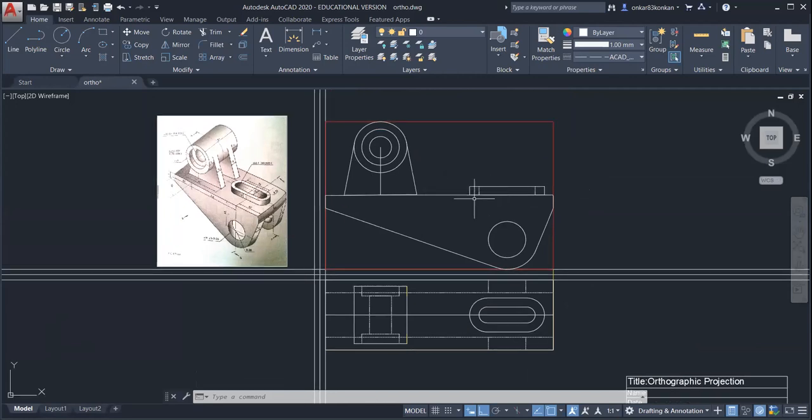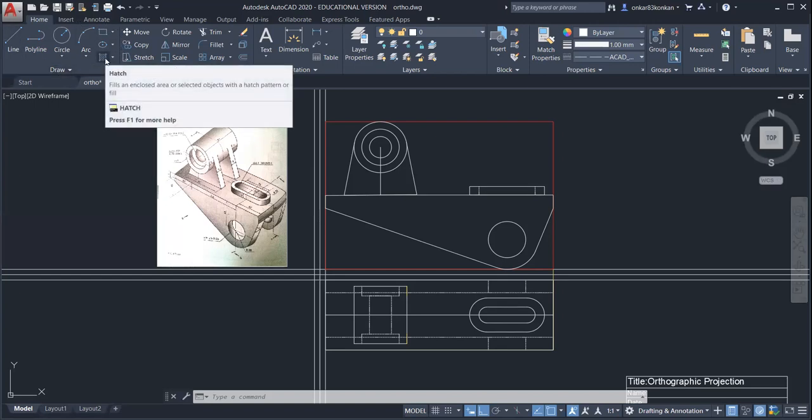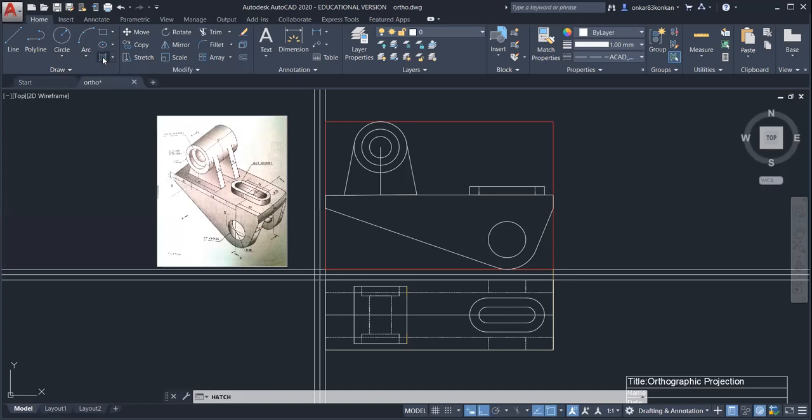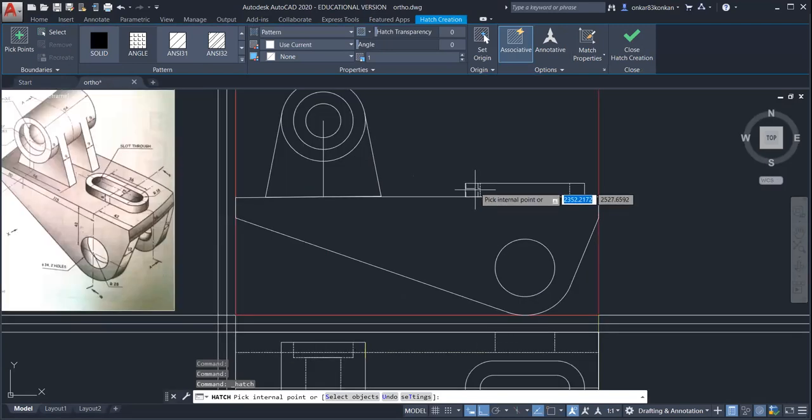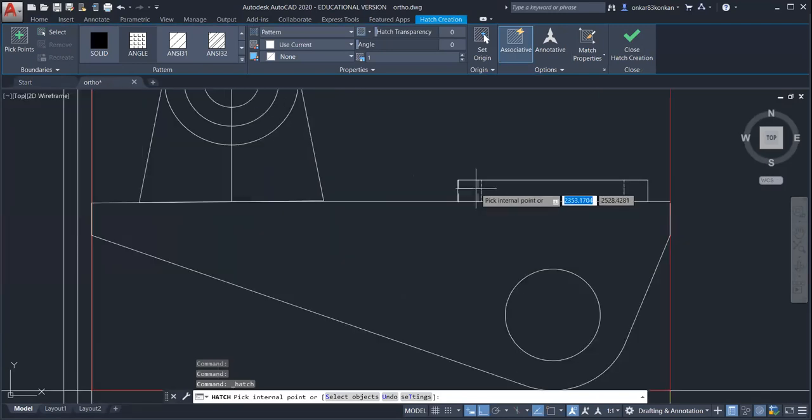So first I will show how to give the hatching in the front view because it is a sectional front view. So for the hatching, you can see here in the draw toolbar, this is the hatching command, hatch. Select that. Then just select the region in which we will show the hatching line.